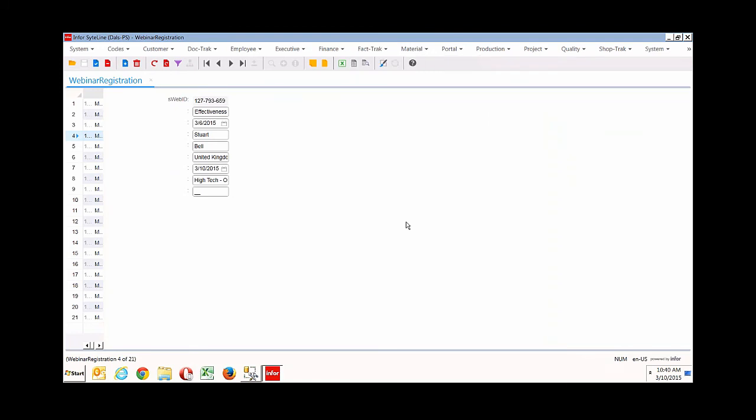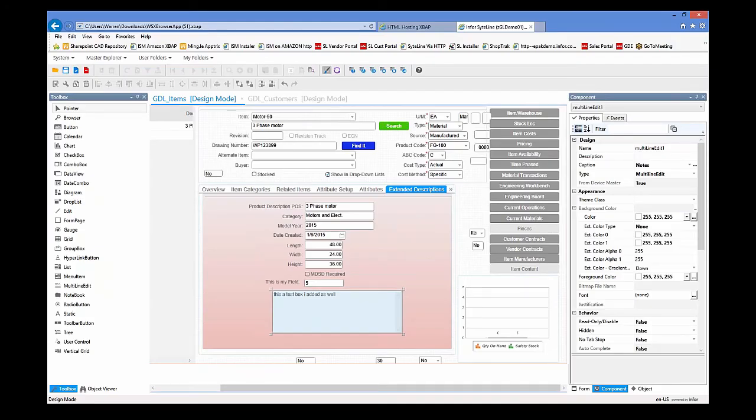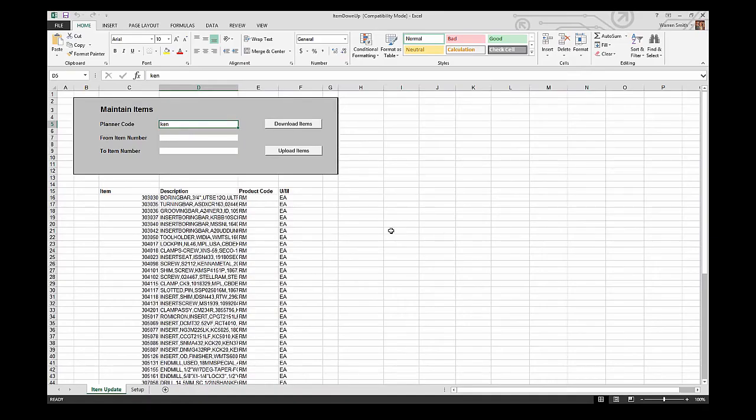Very good. I'll show my screen back here. Now, what I'm going to do here is show you just kind of a last little trick or tip. You know, pulling data in and out of Excel, in the past you've seen the copy paste into the forms table and such like that. But there's sometimes where you may want to load a lot more data or pulling data out. So, for example, maintaining items is a very common one here. And what we can do here is actually go out and pull